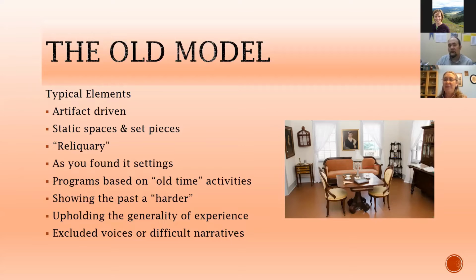So that's the challenge to us as professionals: how do we continue to interpret these houses of lesser known historical people, just like you and I? Why is it attractive again and again and again? Part of the other flaw is that the programs are simply based on old time activities. So we're going to churn butter. There's a funny Conner Prairie commercial where they're all making fun of their old timey skills. Yes, we still churn butter, but...